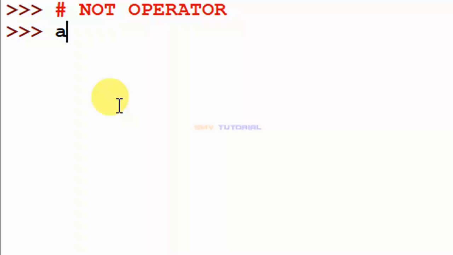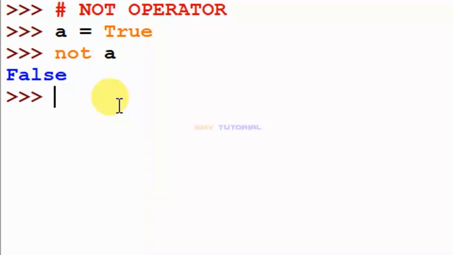A is equal to True. I check not A. I hit enter. It shows False, the opposite of your operand in this operator.